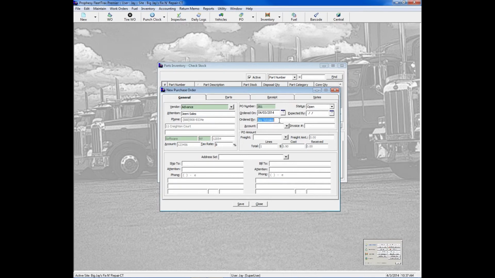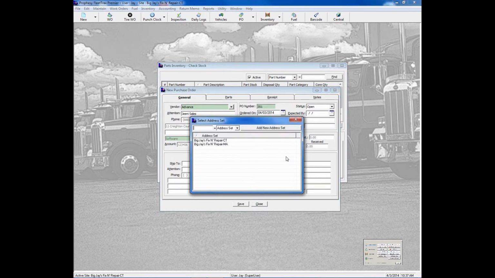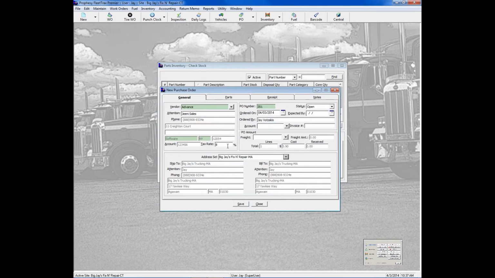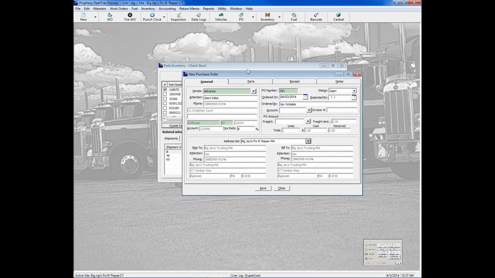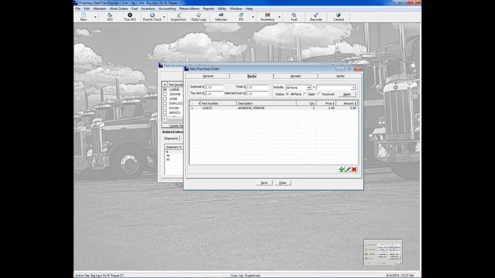On the parts tab, you're going to see the part that I've selected in the background is listed out here. It's going to order the amount that'll bring it back up to the preset maximum level, which in my case for this was 4. 2 in stock, it's going to order 2 and bring it back to 4. If you're happy with that,